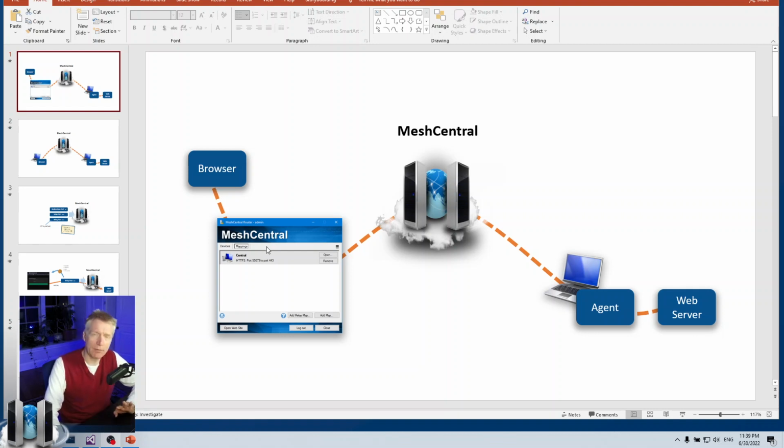Now, by the way, for security, people will ask what the security is here. Well, the entire infrastructure is HTTPS protected, between the Mesh Central Router and the Mesh Central server, and also between the server and the agent. So all of this is encrypted, and the browser could do HTTPS or HTTP, but either way that will get forwarded. If the browser does HTTPS, then it is an end-to-end encrypted connection.